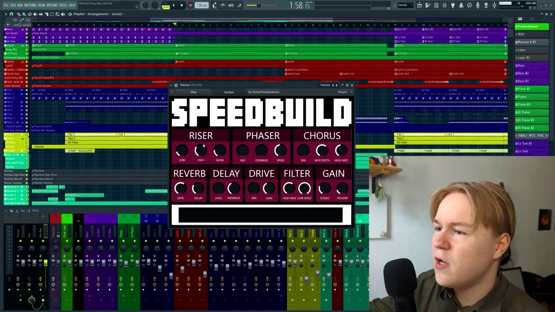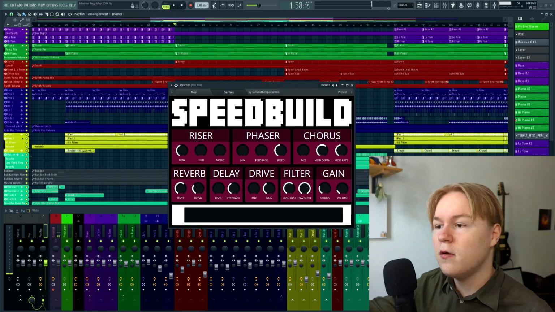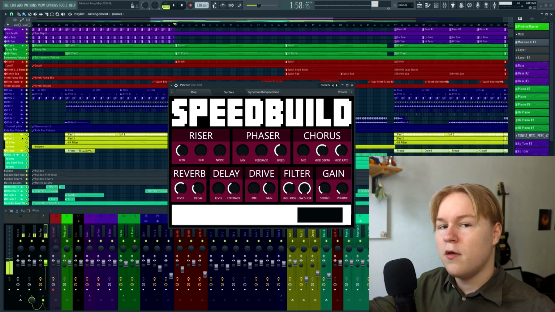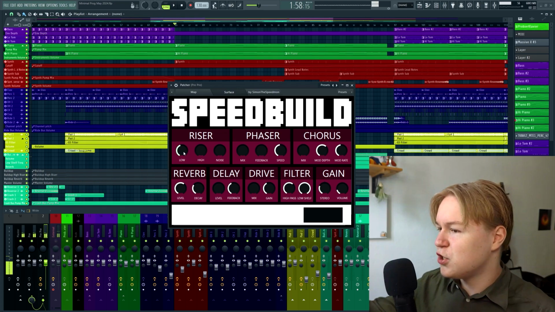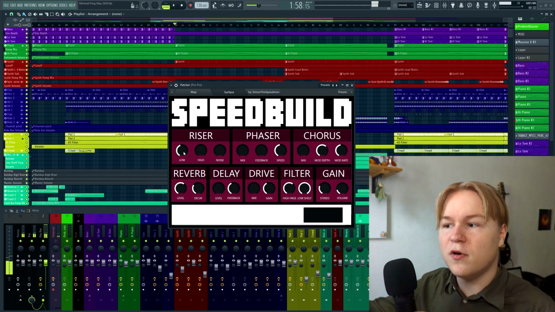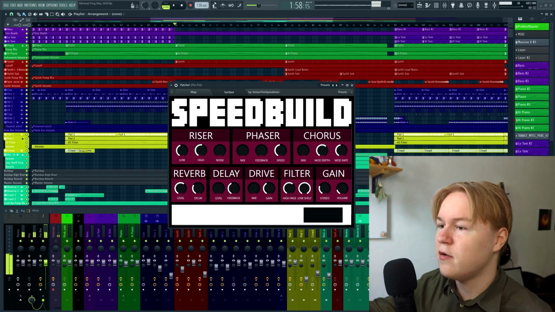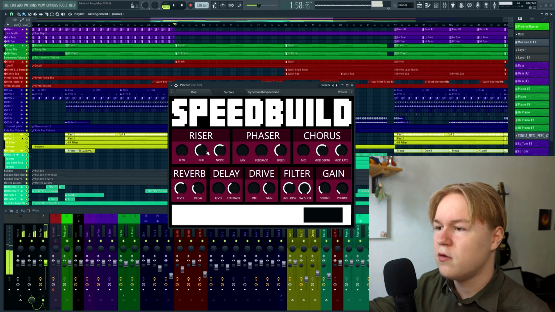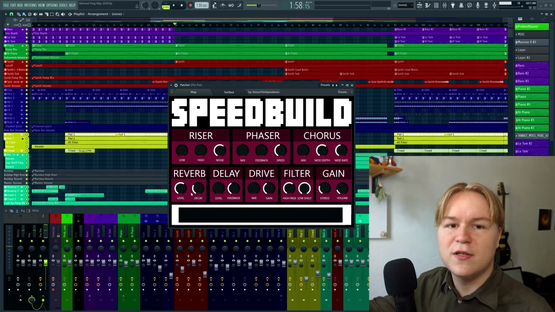So in the first section we have different riser sounds. For example, let's choose the low riser, and now if I move the build-up slider, you will hear there is some kind of riser going on, and you control how much the build-up slider controls the volume of the low riser with this button. Or we also have a high riser, or some noise. That's of course mostly a build-up effect if you move the slider, which is always the intended use case, of course.